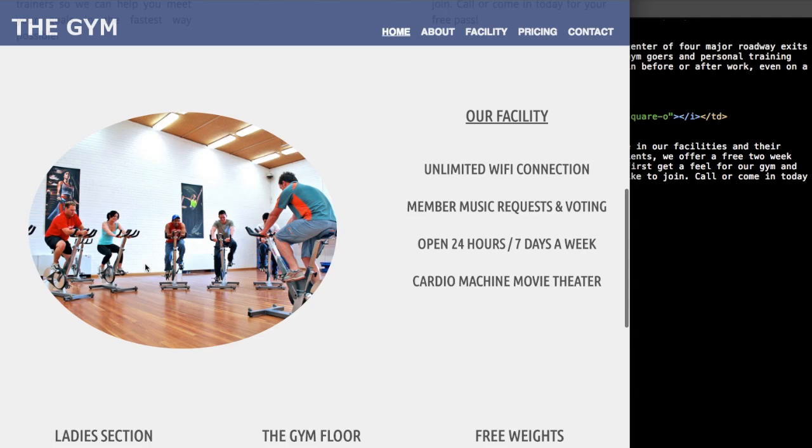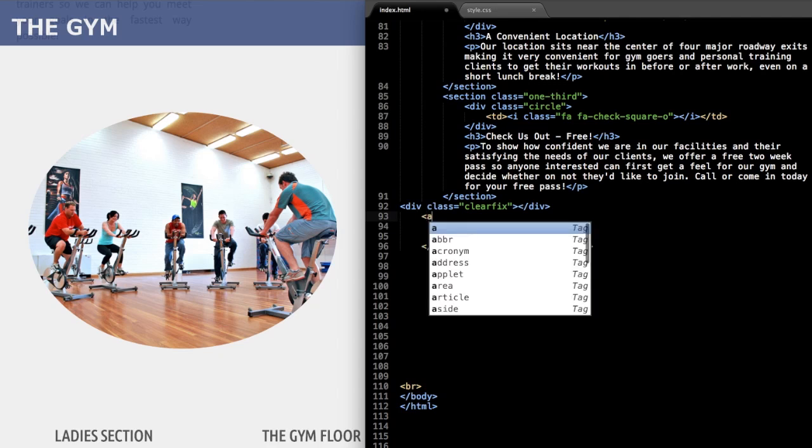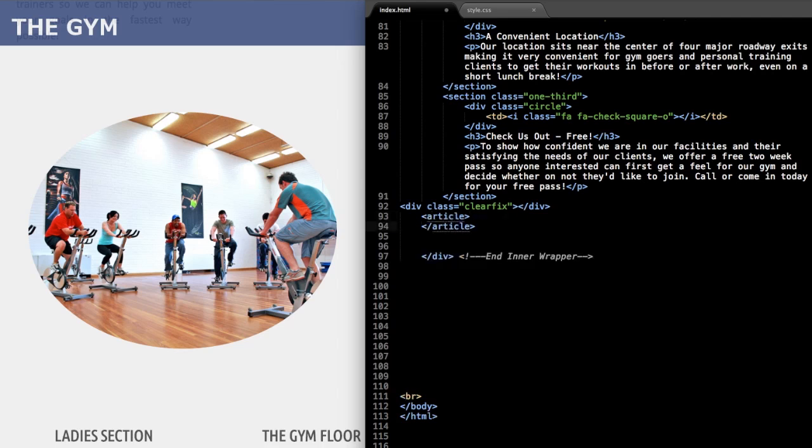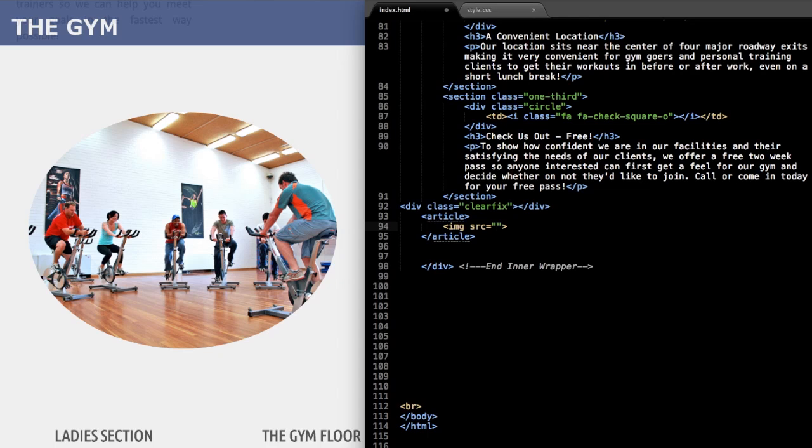So let's move over to this image here, the circular image on the left, and what we'll use to have it display is the HTML5 tag called article. And then inside of the article tag we'll just do an image source tag for that gym class's image. So you can write this out, or you can use the image URLs I put in the video description. So just remember w3newbie.com, WP content uploads, and this one is